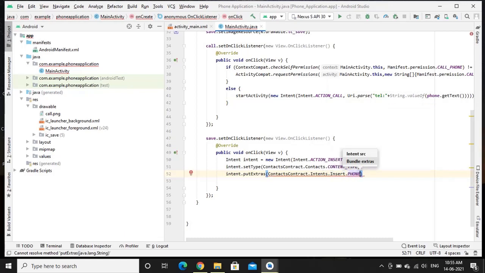This will insert the given data to this particular activity. We have to pass the phone number which is given in the edit text.